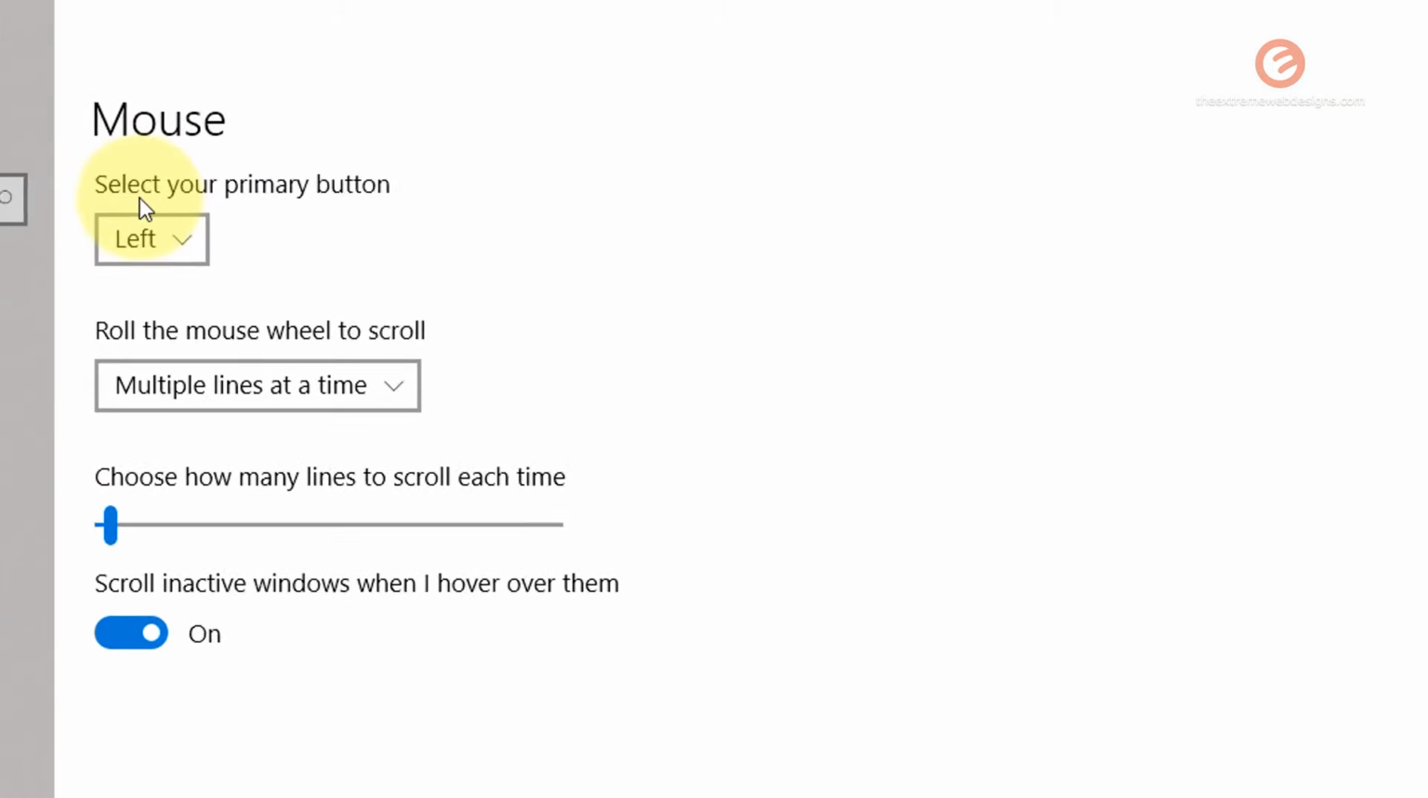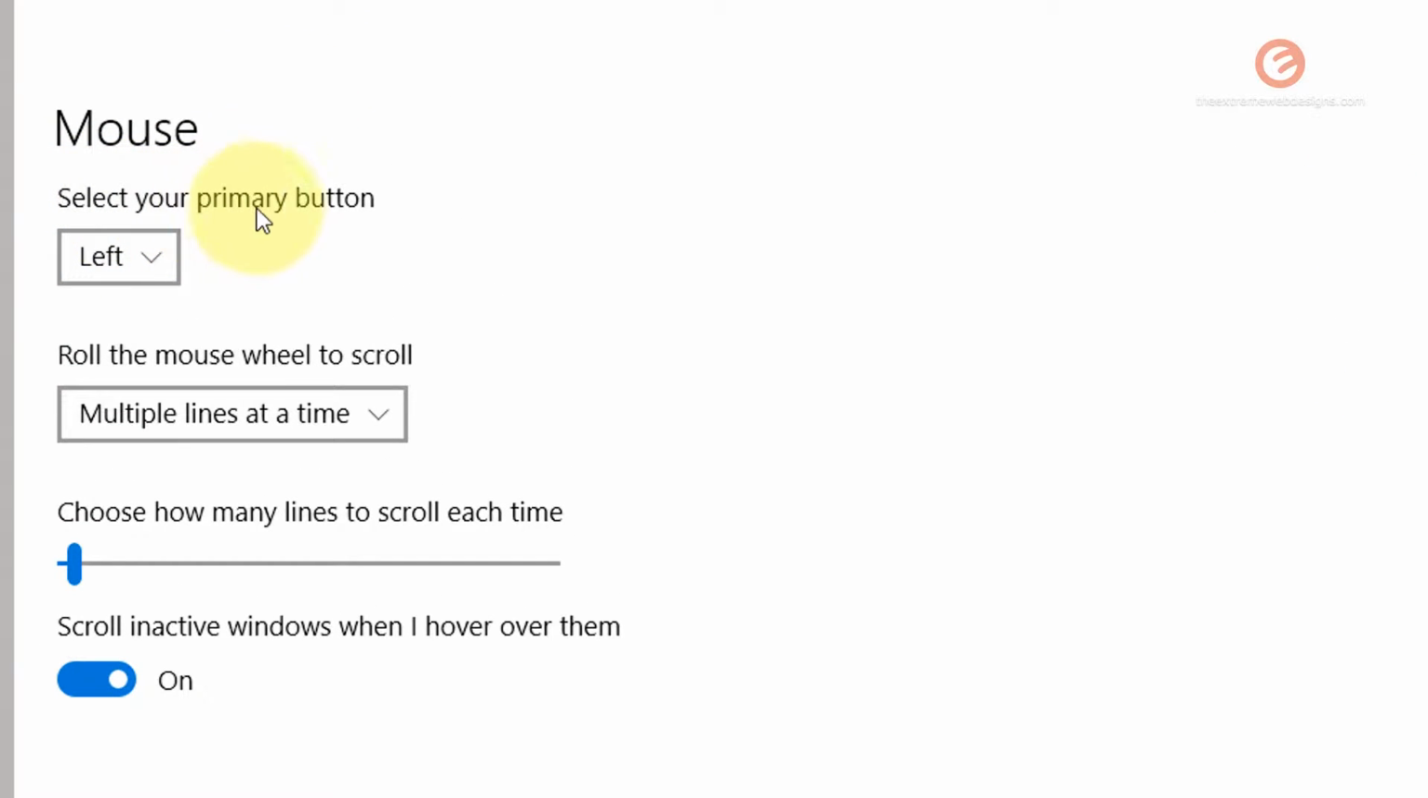And in the pop-up, simply look for the section that says select your primary button, and in my case I have the left button as the highlighted option. Simply click on that and select the other option that says right, and from this point onwards the mouse